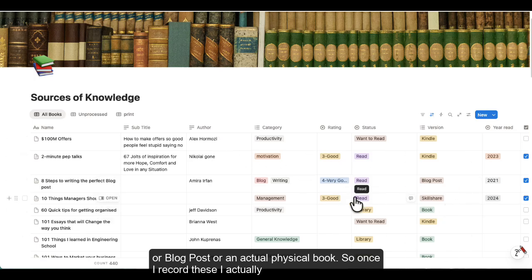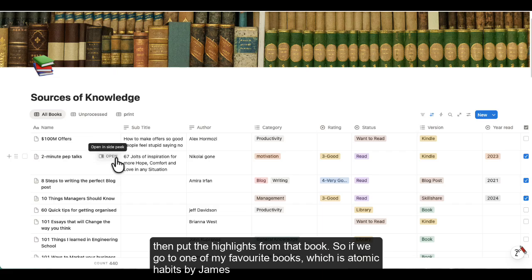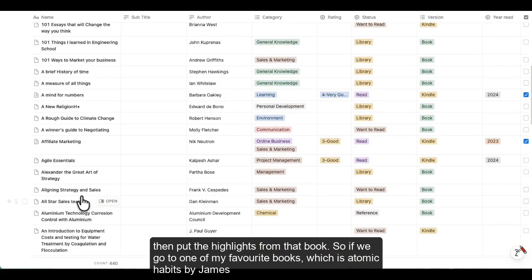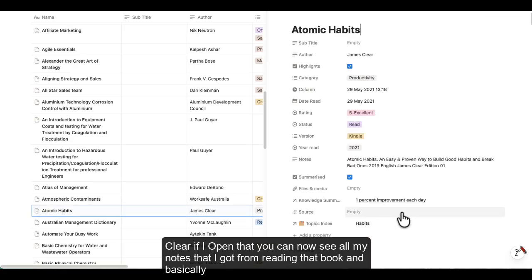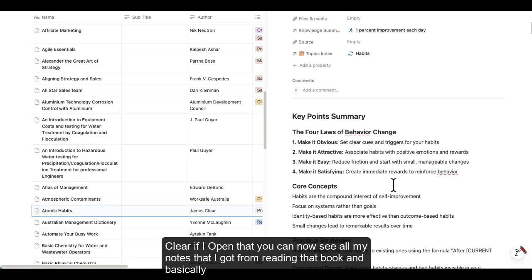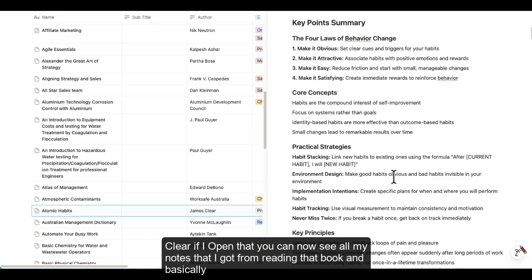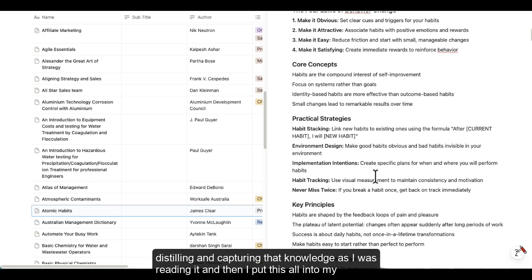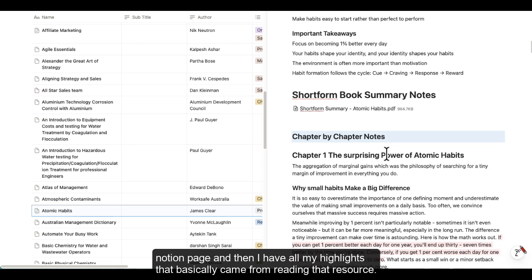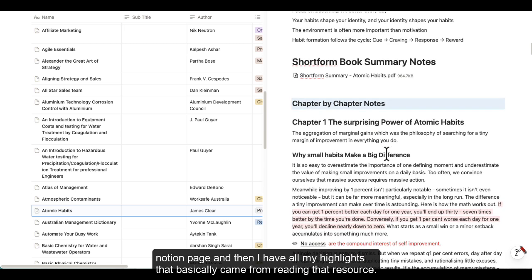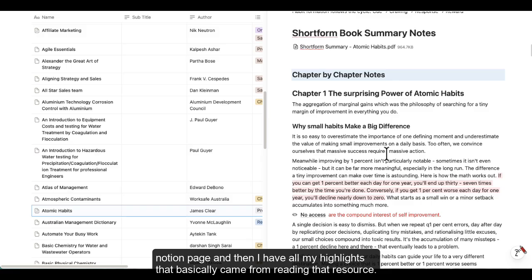So once I record these, I actually then put the highlights from that book. So if we go to one of my favorite books, which is Atomic Habits by James Clear, if I open that, you can now see all my notes that I got from reading that book and basically distilling and capturing that knowledge as I was reading it. And then I put this all into my Notion page, and then I have all my highlights that basically came